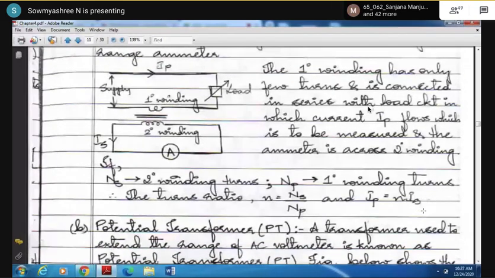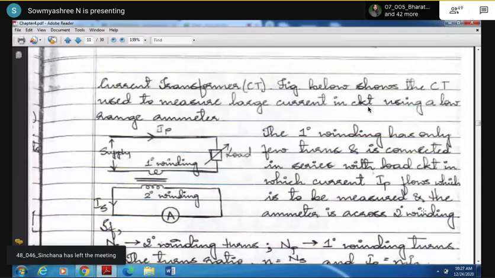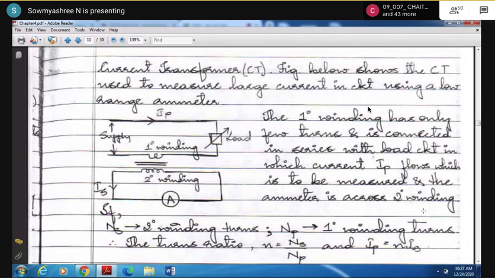See, listen here, there is a derivation for the current transformer and potential transformer, but you are not going to study that here. You have transformers and induction machines in your fourth sem, where you will study the derivation, the phasor diagram and all those things in detail. Here, just learn the constructional features of current transformers and potential transformers, not the design, like the number of turns that has to be considered, and not the derivation of the equations for CT and PT.